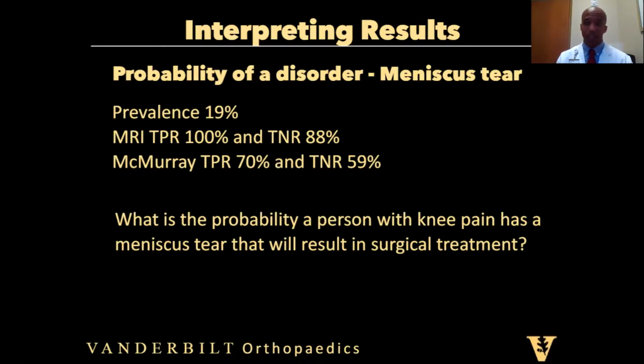So that's very interesting as a mathematical way of predicting the probability of something actually being there if the test is positive. If you just did a McMurray's test, the post-test odds is 0.39, so the post-test probability is 0.28, 28%. The post-test probability of MRI and McMurray's test together is 76%. So if someone has pain, a positive McMurray's and a positive MRI, there's a 76% chance that they have a meniscus tear that will be treated with surgery or evaluated surgically.